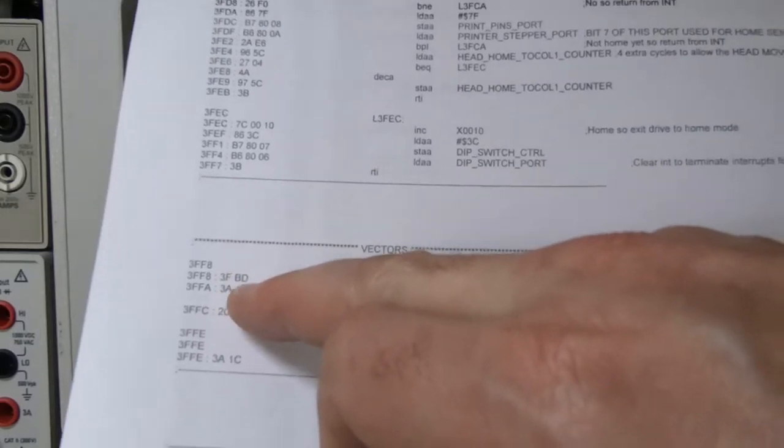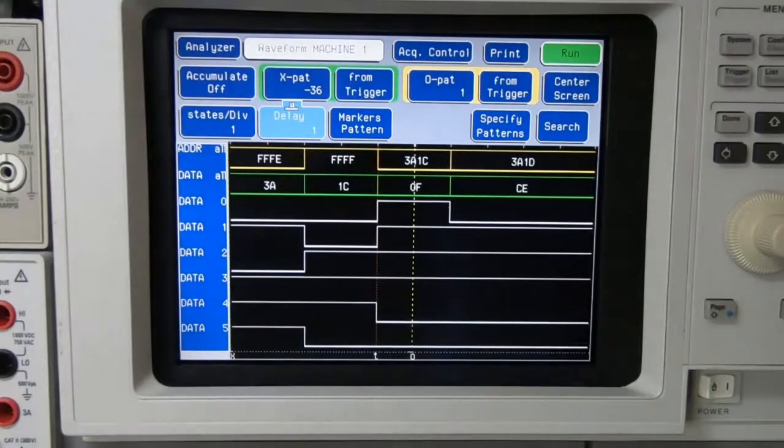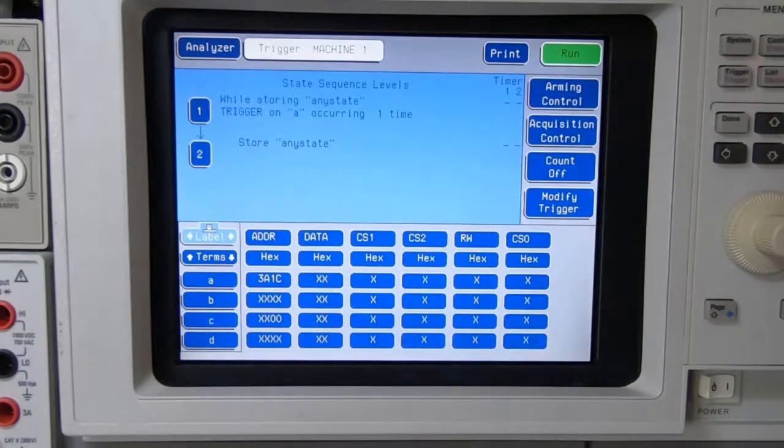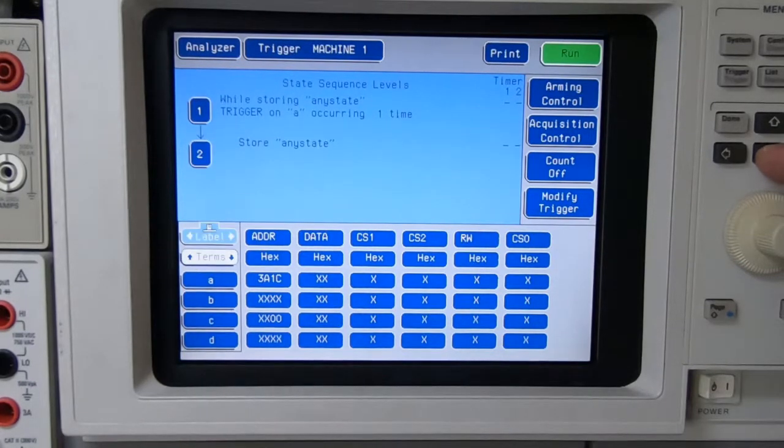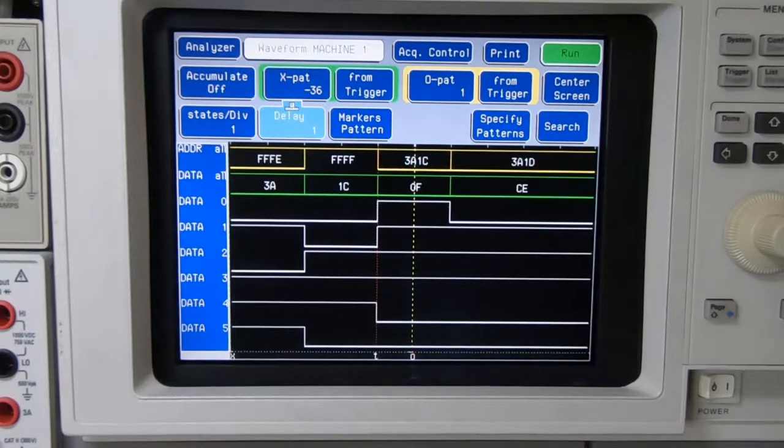So if we now try to trap 3FBD and trigger an interrupt, then we should see the machine stop, or at least the analyzer capture data at that point. So I'll go back to the trigger, and we'll now change from the reset vector, or the program entry point, to what should be the IRQ handler. So if I enter 3FBD, we'll go back to the waveform. The zip30 is running, so we'll set this. I'll press a key,